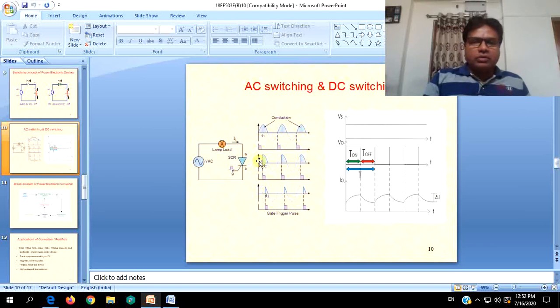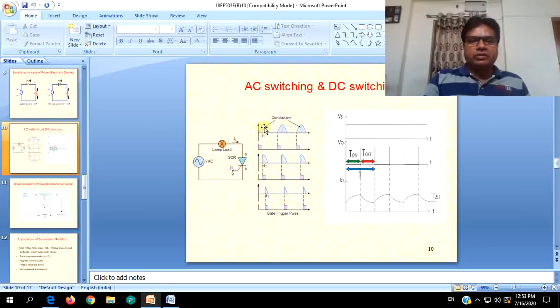If you give gate triggering or gate pulse at some time lag, then only the shaded portion in blue, during those times only conduction will be there, those voltage and currents will be flowing. If you further increase this time lapse, the time and voltage through the load will be less, and the average current is deemed to flow through the load. So, this time delay is measured in degrees or radians and called as firing angle or firing delay angle phi. Firing delay or firing angle phi.